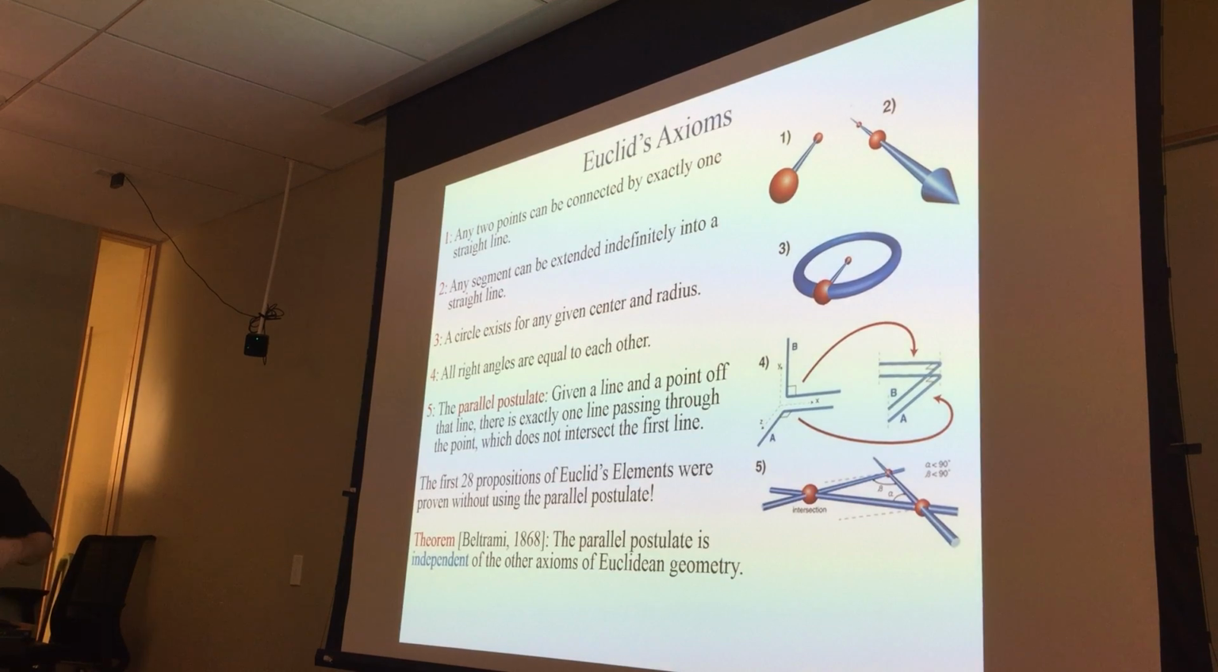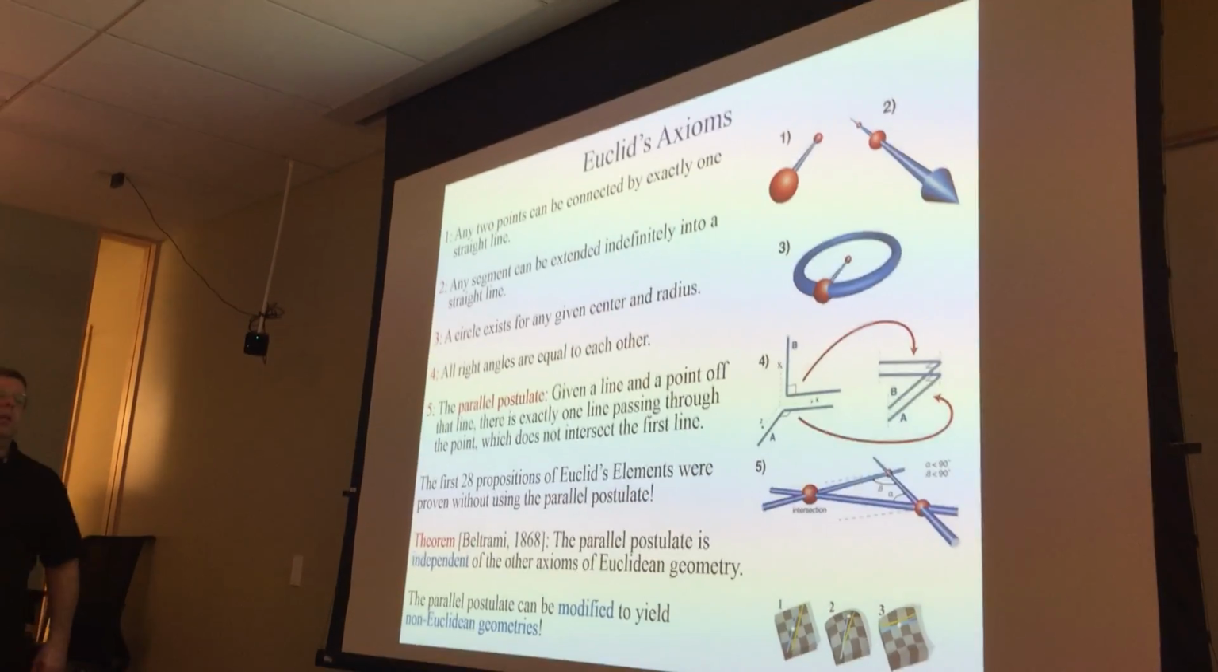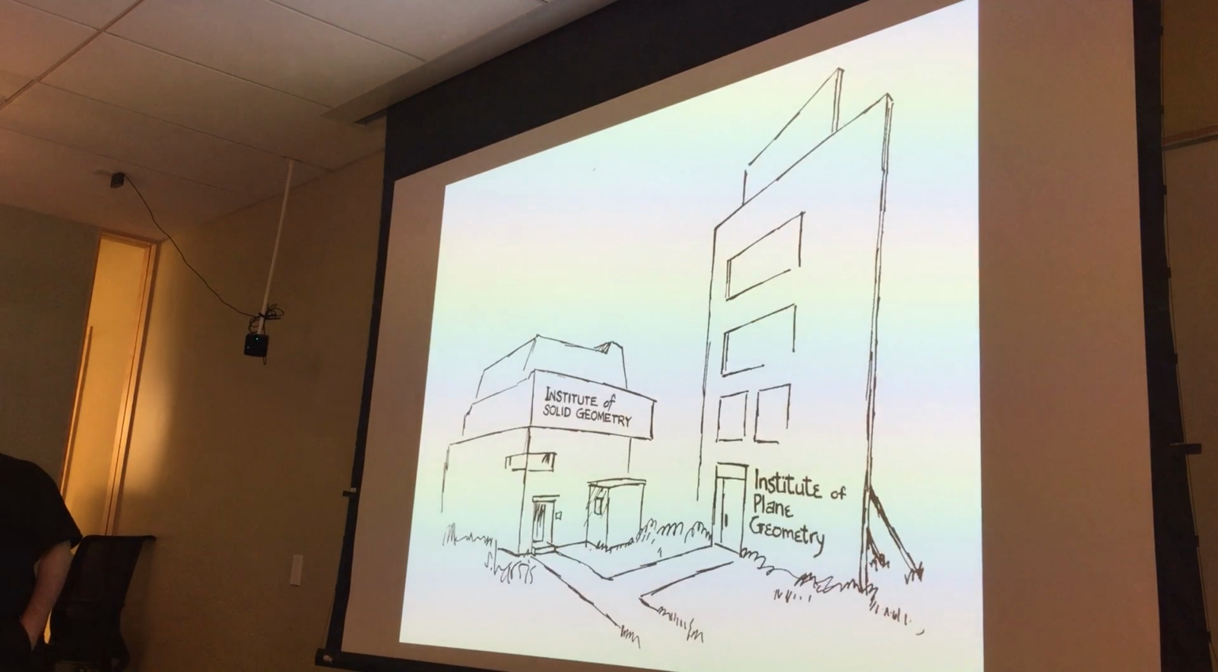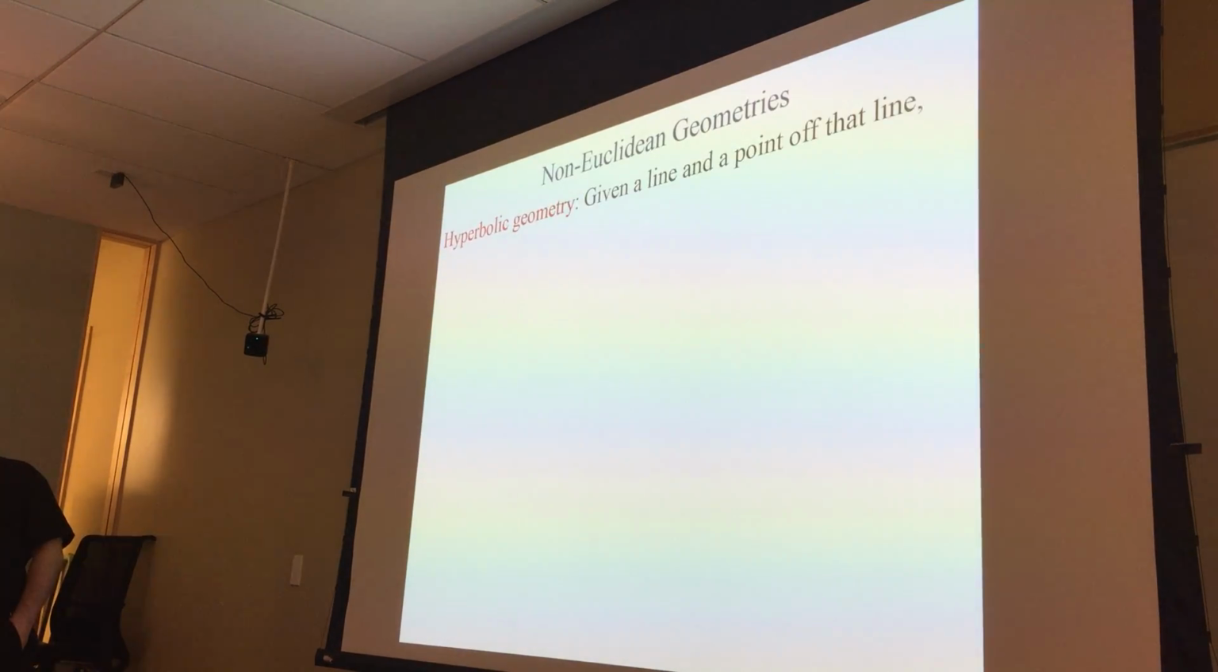And the way people try to prove it is by taking it as false and trying to show a contradiction. And that would have meant that it has to be true, which means it was a proof that it was true from the other axioms, and therefore it wasn't necessary. But all it did is gave rise to non-Euclidean geometries. So for example,